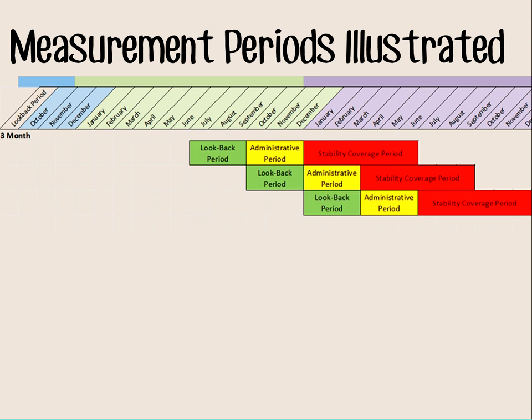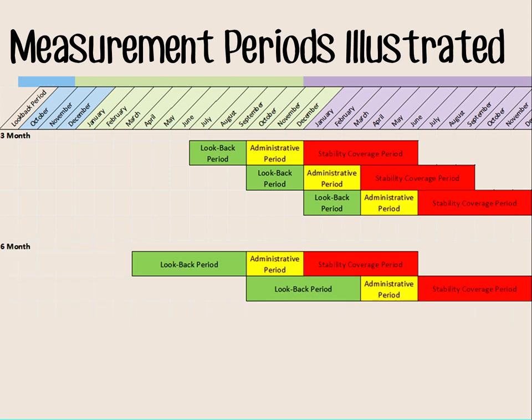The first scenario we'll look at is that of an employer electing a 3-month measurement or look-back period. Now, in that case, you'll see that the look-back period, or the period of time that hours are actually measured, happens every 3 months. Following that is our administrative period of up to 90 days, where we determine who's eligible, take the necessary enrollment or unenrollment steps, and that coverage is then in effect for 6 months. You will remember that the coverage is in effect for 6 months, even though we're only measuring based off of 3 months, because that stability period can never be less than 6 months.